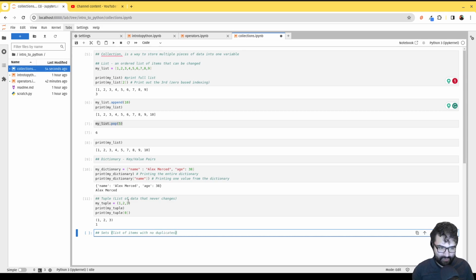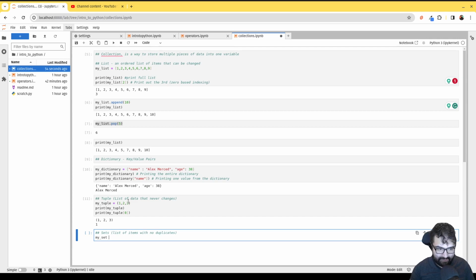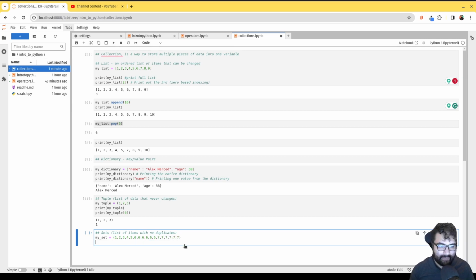So once again, you can put a list. I can say my set equals, and the only difference is now I'm going to use curly brackets, but instead of doing key value pairs like the dictionary, I put numbers. So I can do 1, 2, 3, 4, 5, 6. But what if I did put duplicates? What if I put a bunch of 6s in there and then a bunch of 7s? What do I end up with? Okay, so then we'll print my set,